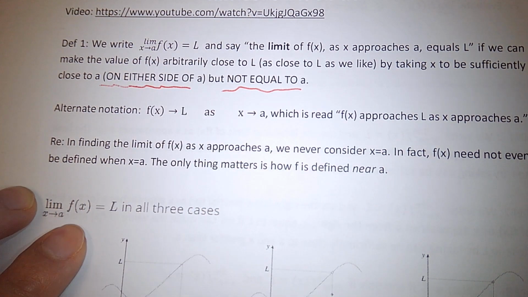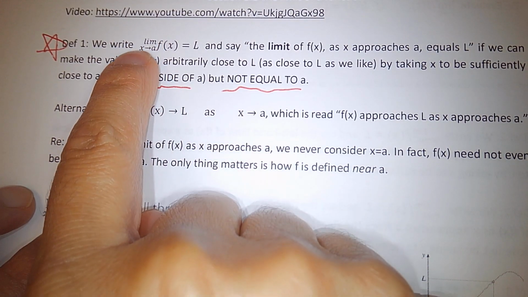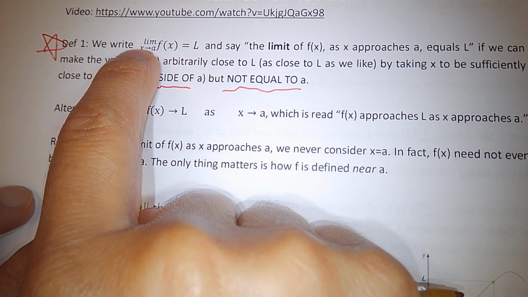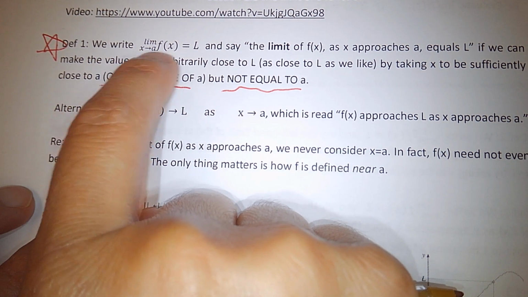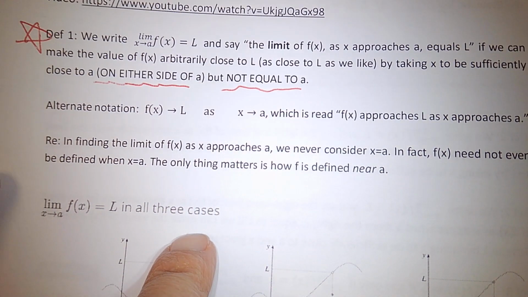So this is the key for the limits. Limit means, it's not exactly f of a. It's the y value when x is very, very close to a from both sides. Alright, and from the previous example,